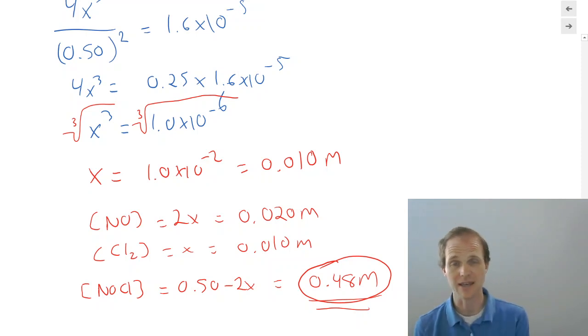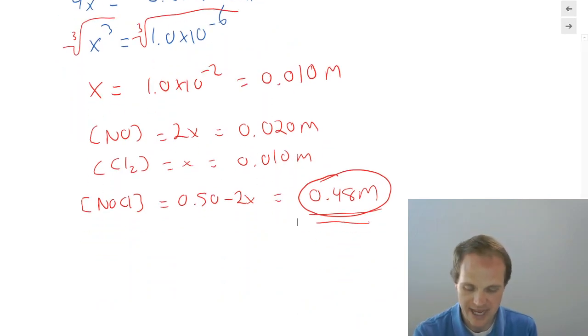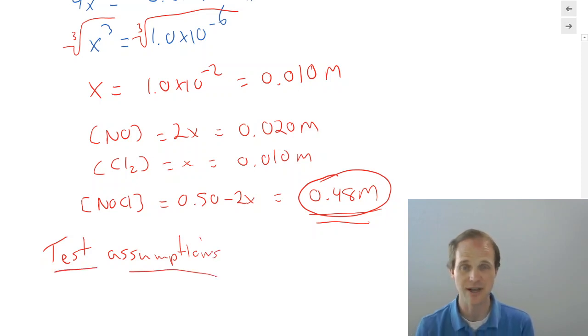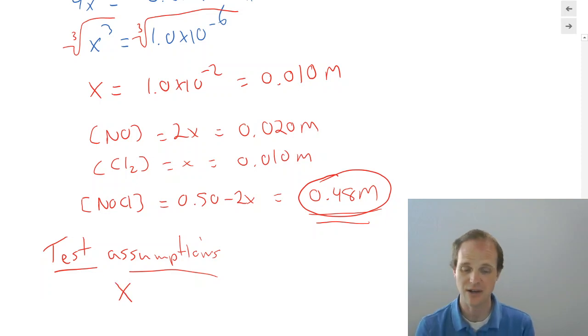Is that okay? And that's where checking our assumptions comes into play. We've made this assumption, and now we have to say, did the assumption, what we call, hold water? Is it a reasonable assumption? And the criteria that people generally use for testing the assumption, and I require you to do this when you're writing out these kind of problems, it's part of your grade, I need to see that you actually did this test, is you're going to take and just divide x, whatever you calculated x to be, and you're going to divide it by what you assumed it to be small compared to.